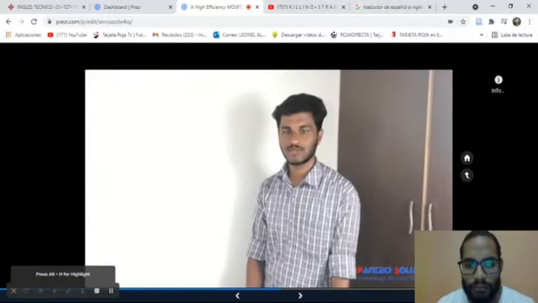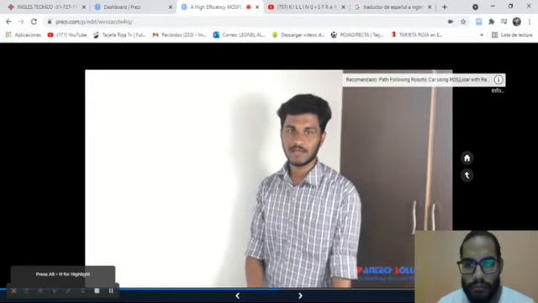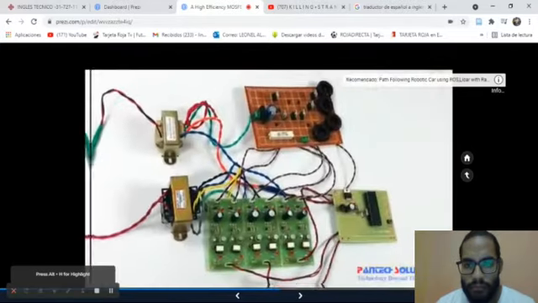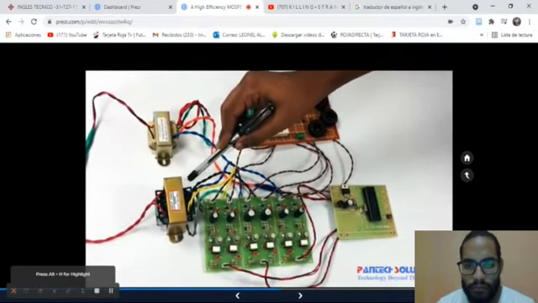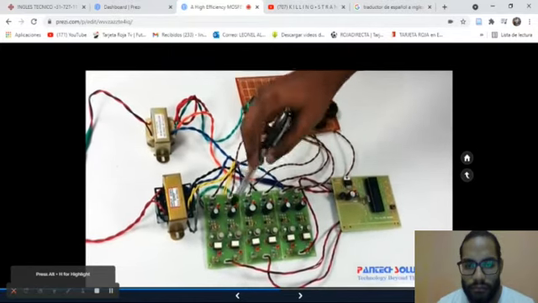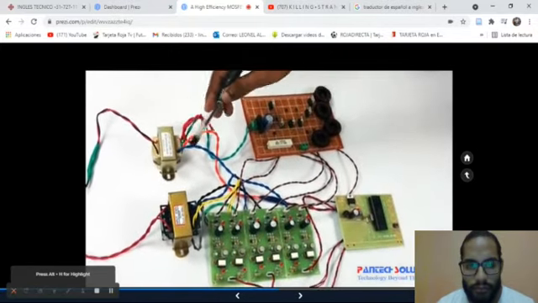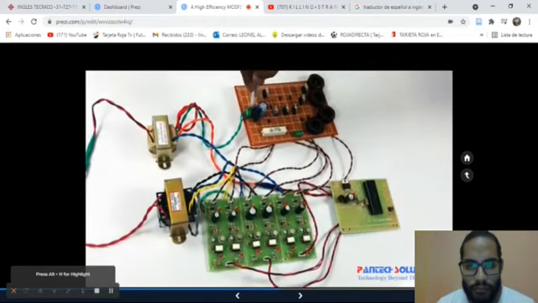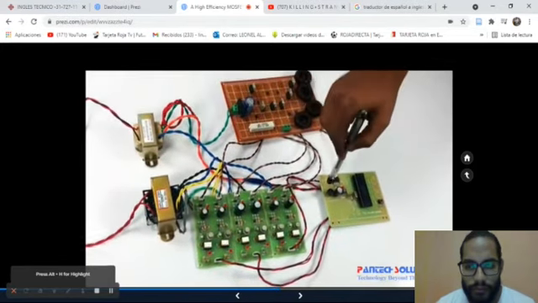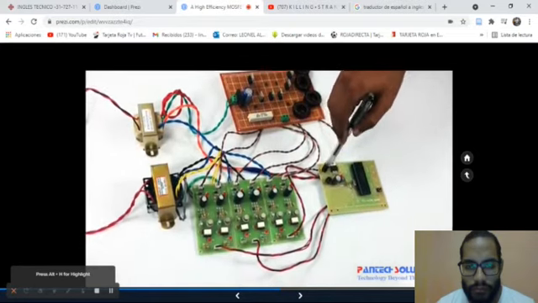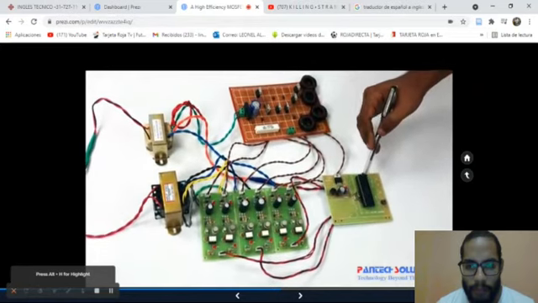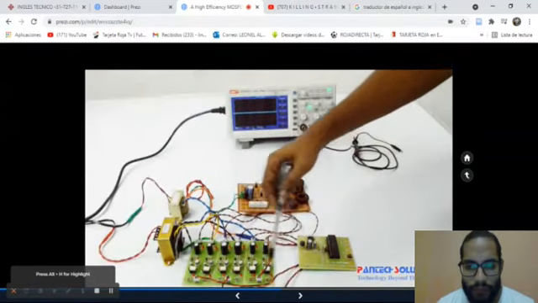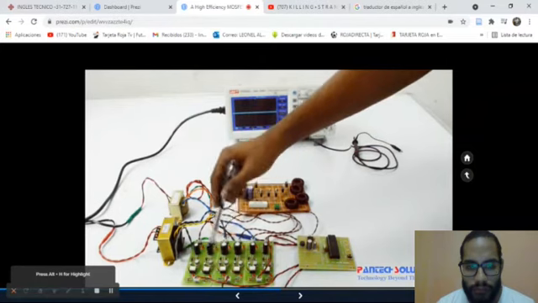Welcome to Pattern Solutions. Today we are going to see a transformerless single-phase inverter. This is the driver transformer. This driver transformer is supplied to the driver board, and this is the power transformer. This is the power supply to the main circuit, and also connected to the controller input voltage. This controller is used to generate the PWM signals, and the PWM signals are connected to the driver board inputs, and the driver board is used for